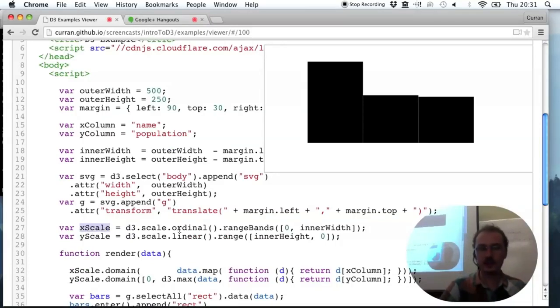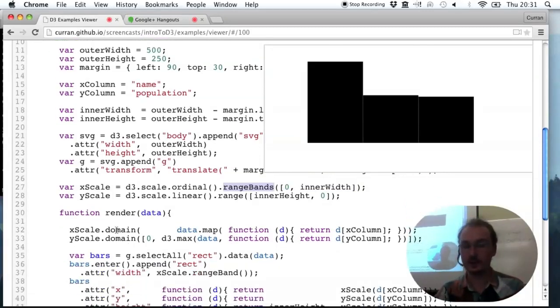The x scale is d3.scale.ordinal with rangeBands. So it's setting the range of the scale. We're giving it 0 and inner width, which is the minimum and maximum in pixel space where the bars should go. But because it's rangeBands, it subdivides that into 3 chunks, depending on the domain. So that's another thing that's slightly different for ordinal scales. When you compute the domain of it,